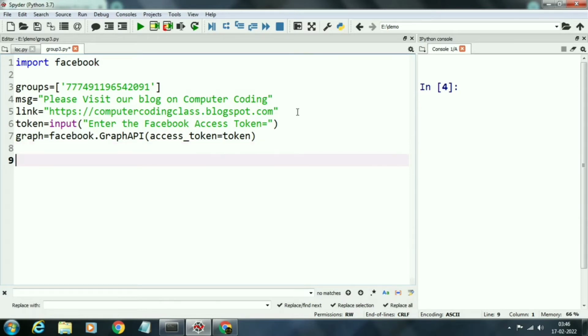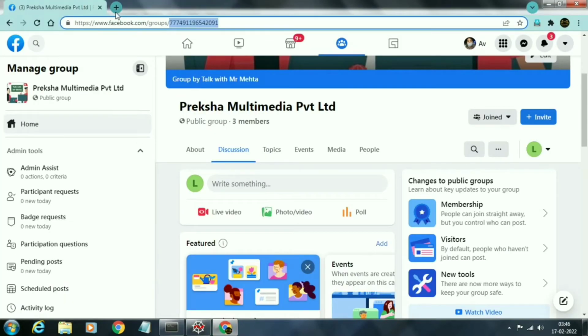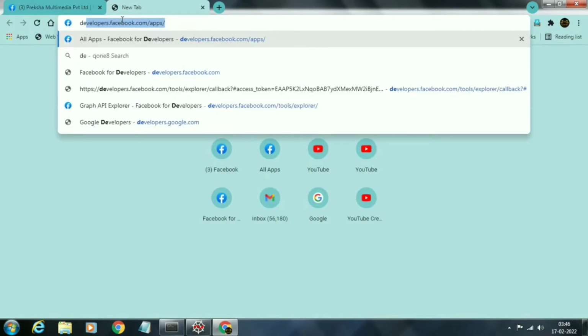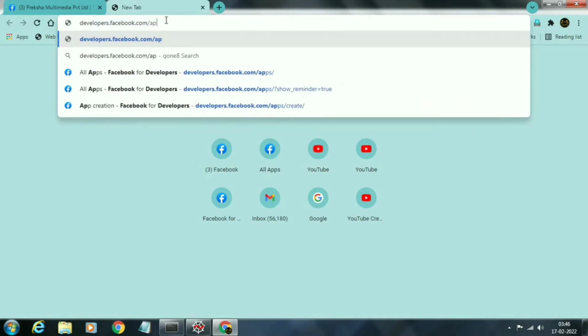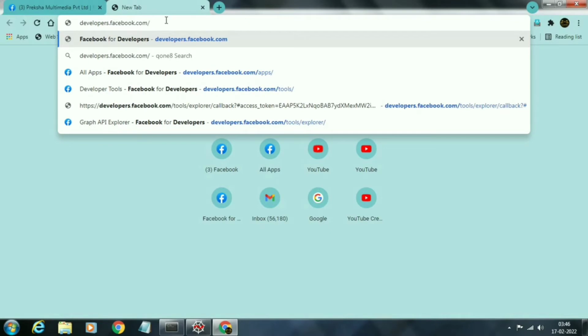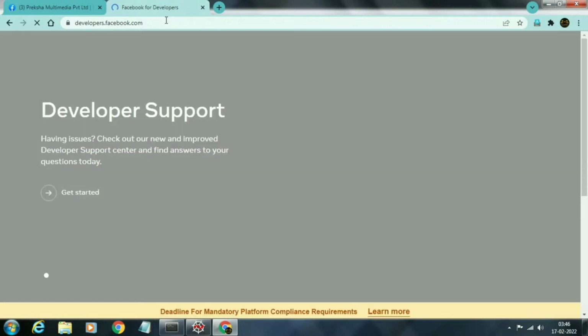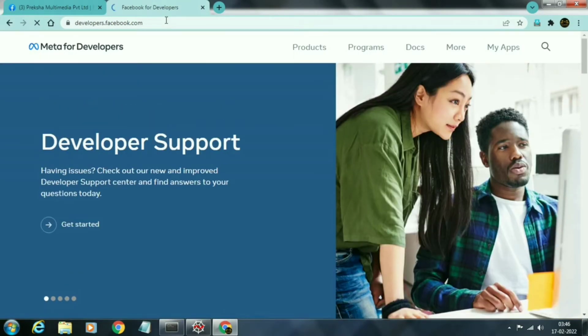Next we will learn how to generate a Facebook access token for groups. To do this I will have to open a new site whose name is developers.facebook.com. You will have to log in to this site, but the username and password are the same as your Facebook account. So there is no need to separately log in to this site.